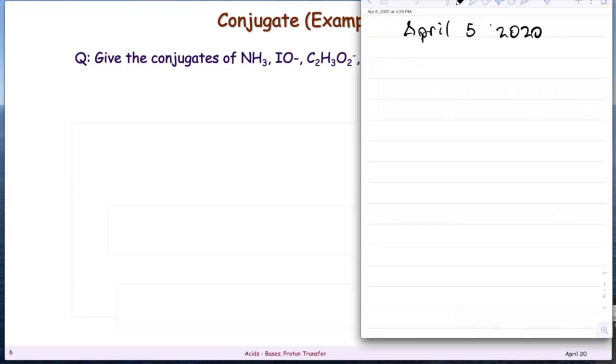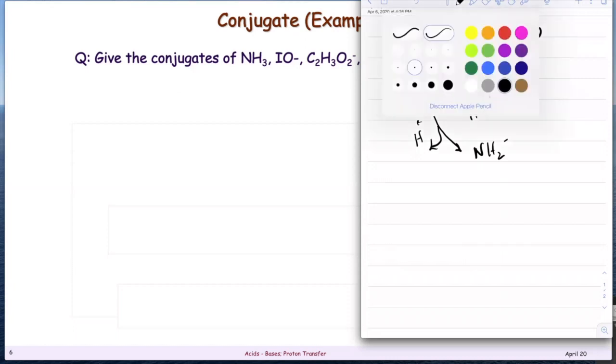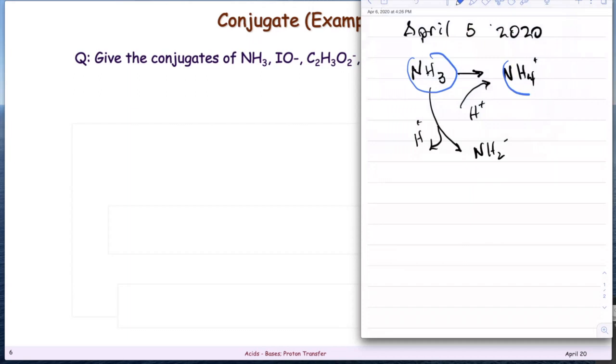If I had NH3, you can make this NH4 plus, and you notice that it's picked up a hydrogen in the process, or it can donate a hydrogen and become NH2 minus. So these two are conjugate pairs,